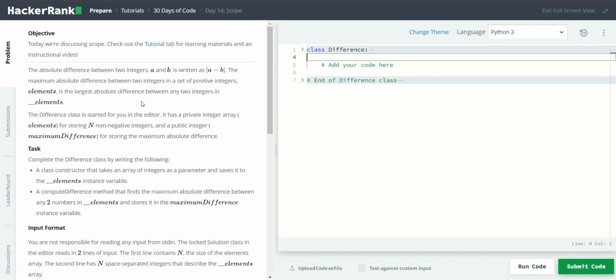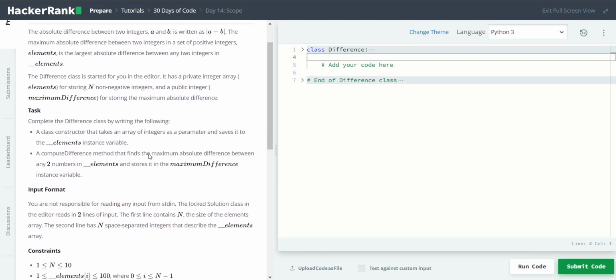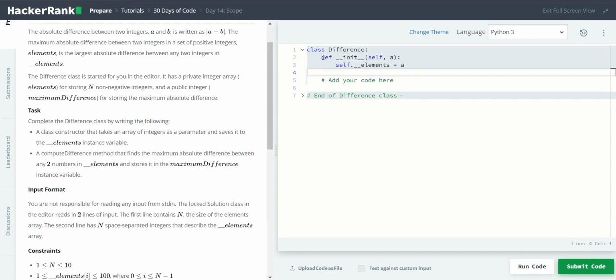The problem asks us the largest absolute difference between any two integers in an array called elements. Okay. Our task is to create a constructor in a difference class. But there's a constructor in a difference already, so the first task is done. We can put a check mark there,